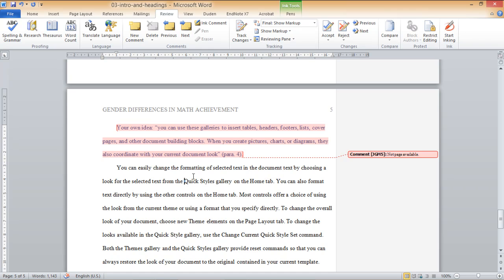Now, if you want to add emphasis to a word or group of words because you feel that they are really important to support your thesis or to dismiss something, then you can italicize them, and after this italicization, you write in brackets emphasis added.